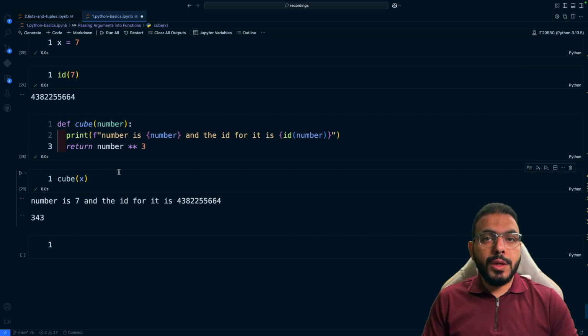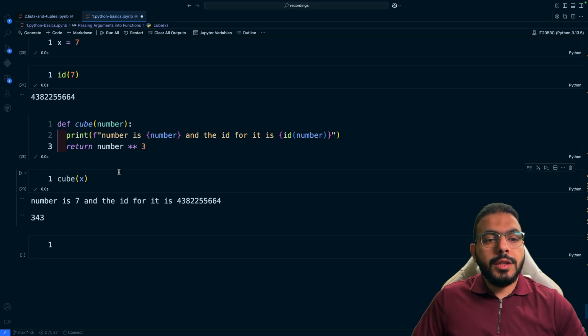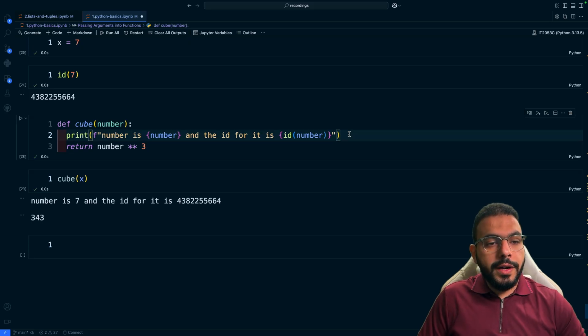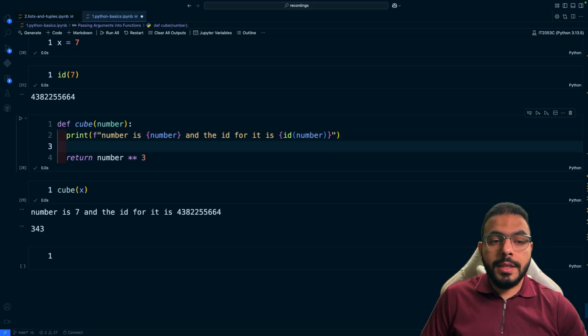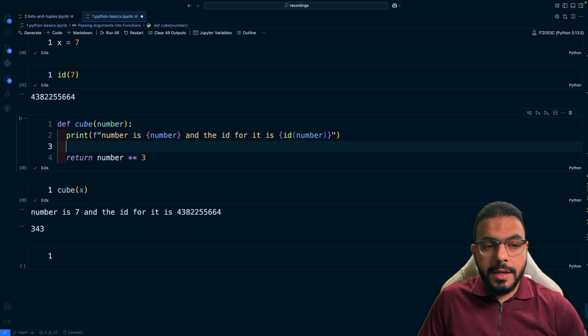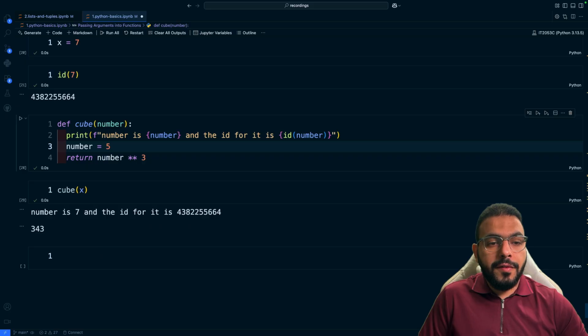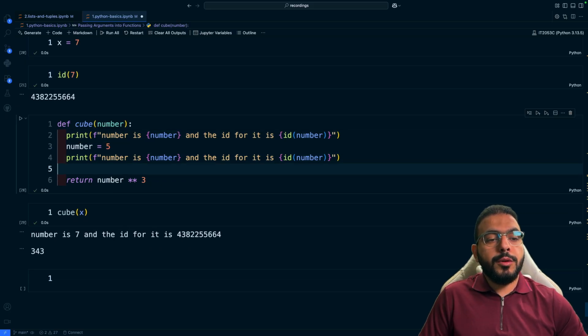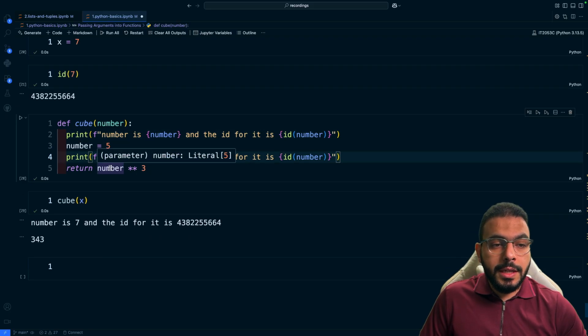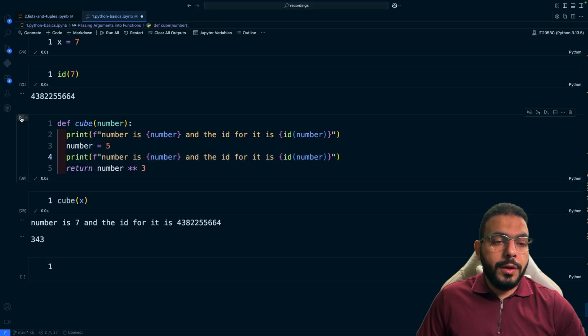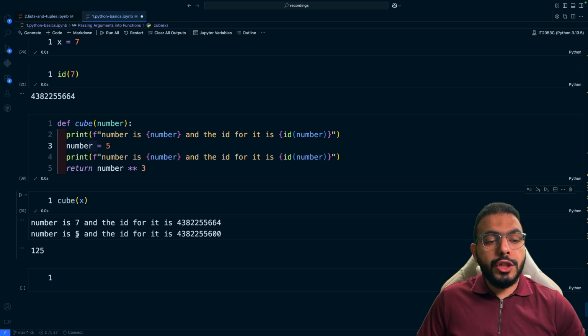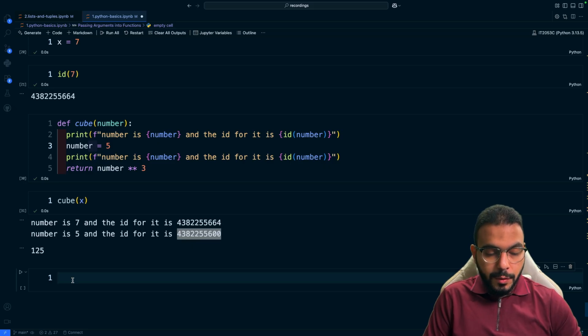Now, fortunately for us, most of the data types that we work with are immutable, meaning that you cannot modify or change them. So let's see what I mean by that. Over here, the first print is actually going to show us what the number is and what the ID for it is. But if I come over here and change what that number is to, let's say, 5, and let's add this print one more time before we do the calculation. If I execute this function, or redefine what cube does, and call this here, you notice that when the number changed, the ID itself has changed,